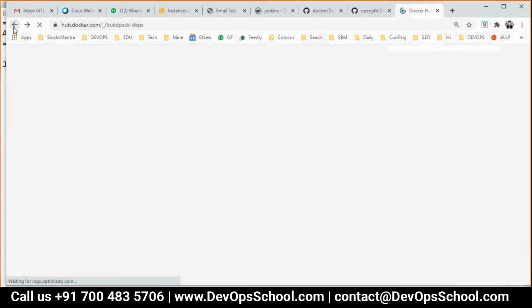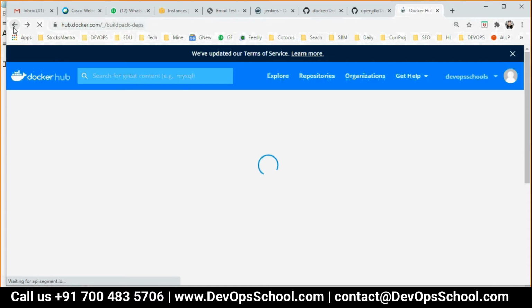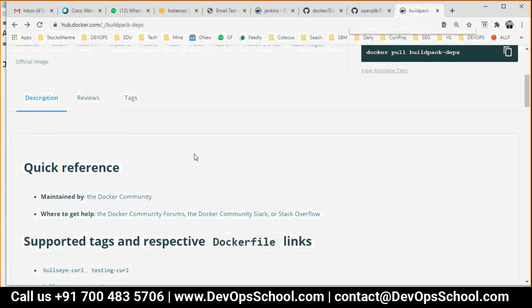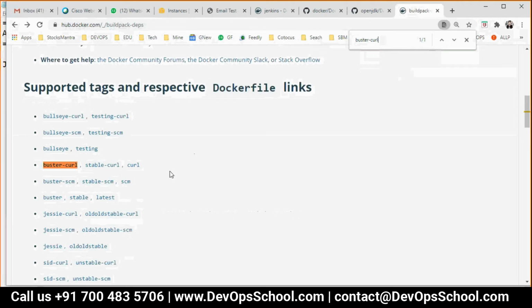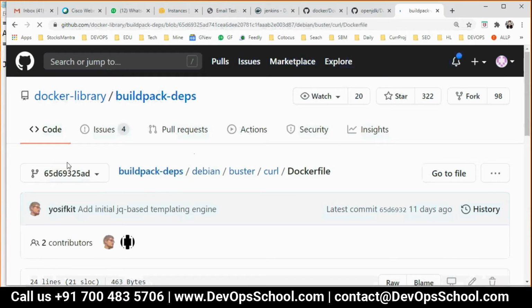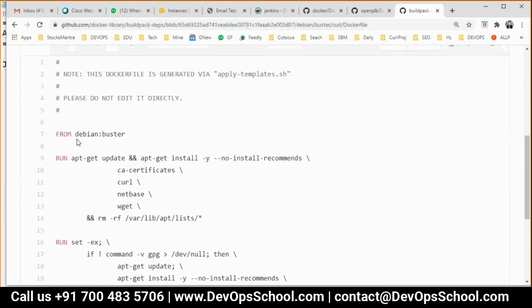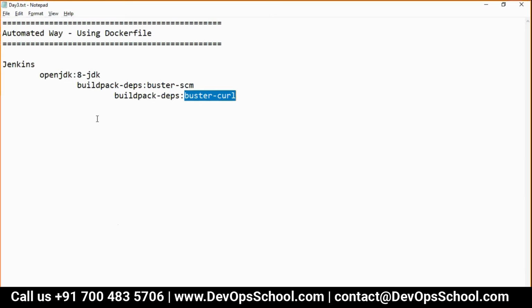Go back. See, Buster curl is here. I'm tracing an image, okay? You see how this is. Debian Buster. See here, Debian Buster. Now I want to know Debian.